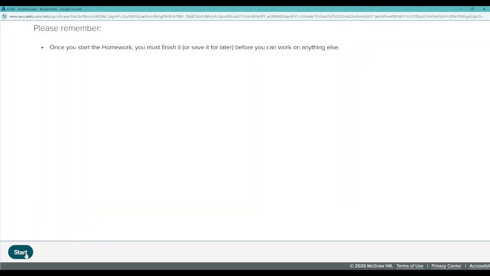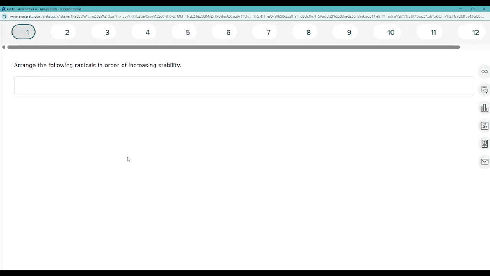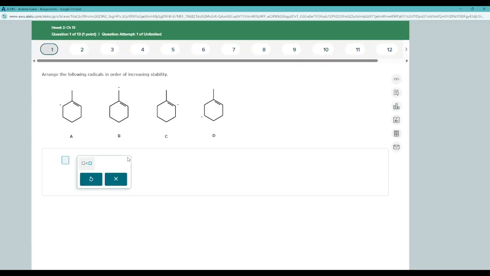Alright, got this loaded up and ready. Chapter 13. Arrange these in order of stability. So remember, primary, secondary, tertiary, allylic. Primary, secondary, tertiary, allylic. Allylic is the conjugated